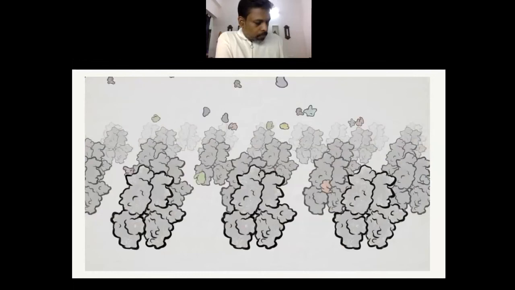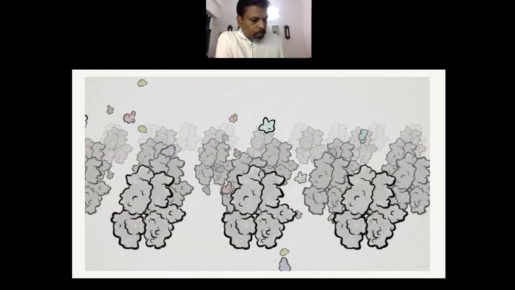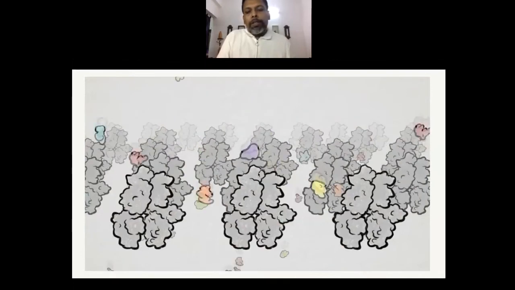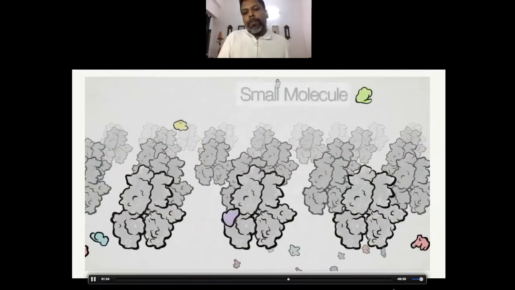But there are now drugs that can help patients. To find a drug, researchers tested over 200,000 small molecules to see if any